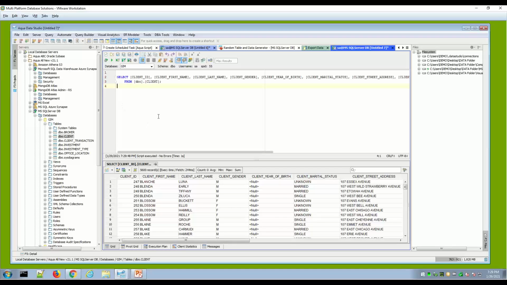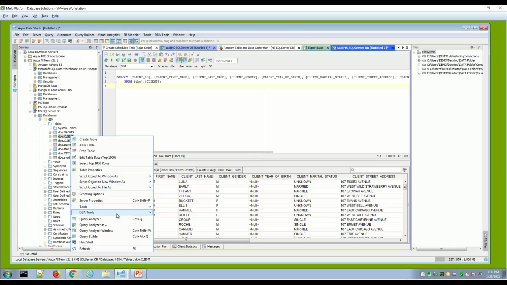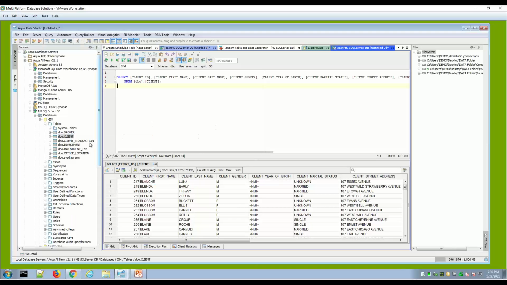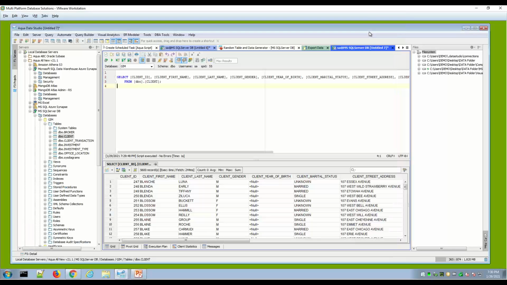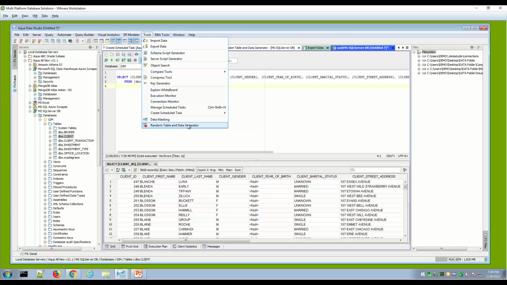So you can easily switch back just by a right click to turn that off or on from the tools menu. All right, so the data masking, helpful, easy to use. Generating table and table data, table scripts and table data has now been added. And again, easy to find on the right click menu, also on the tools main menu, and you'll be prompted